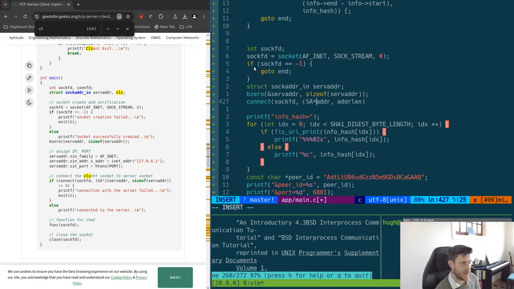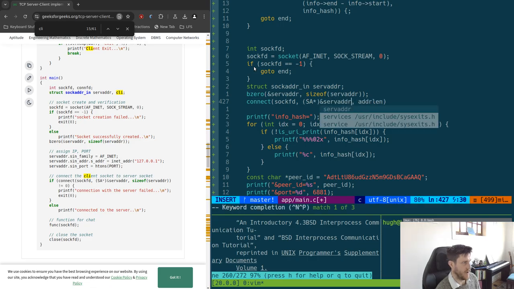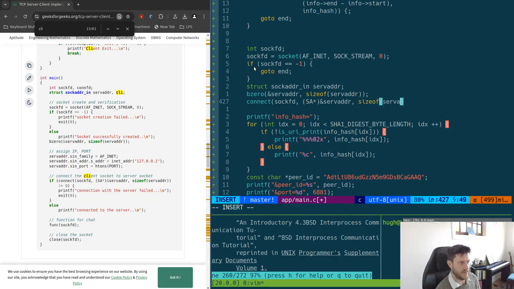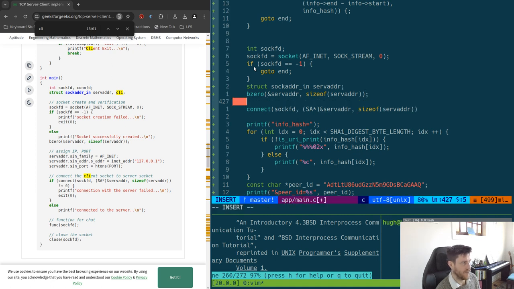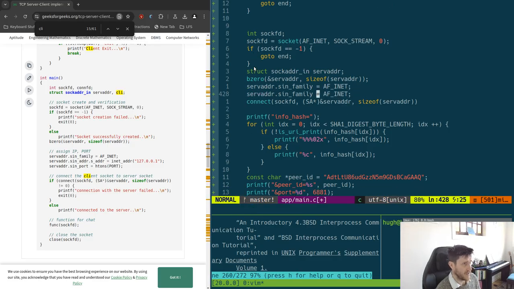So we need to do like an SA star. I wonder what that is about. And this is a serve adder, and this is going to be a size of serve adder, which it wasn't quite happy with before. Serve adder dot sim family equals AF IMAT. Now I did kind of check because